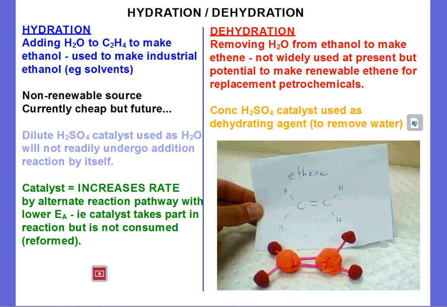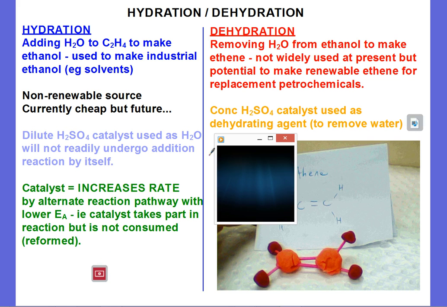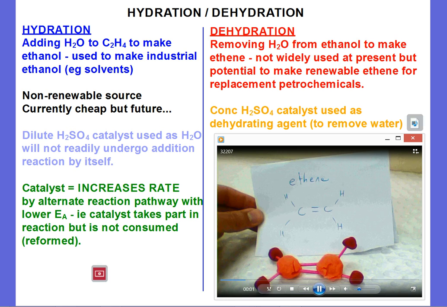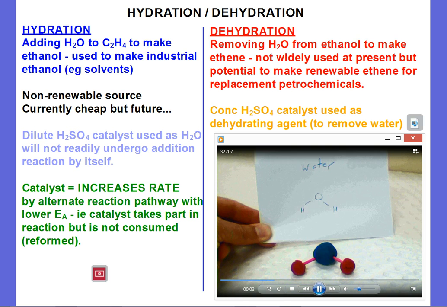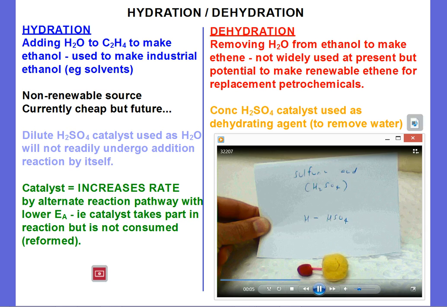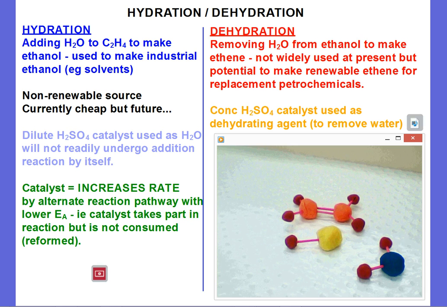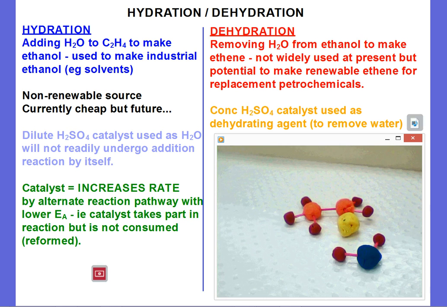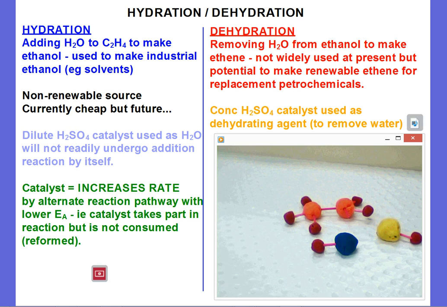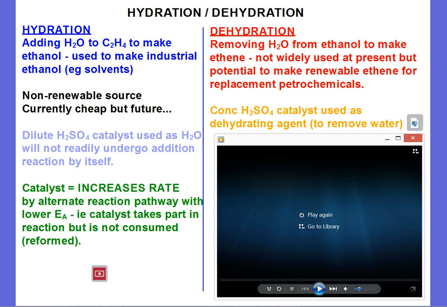In this case, a concentrated sulfuric acid catalyst is used as a dehydrating agent because it removes water, and there's some animations of the processes here. Here you've got hydration, you've got ethene, water, and sulfuric acid. The sulfuric acid initially undergoes an addition reaction with the ethene, but then substitutes itself for the hydroxyl group to make ethanol. And then for the dehydration,